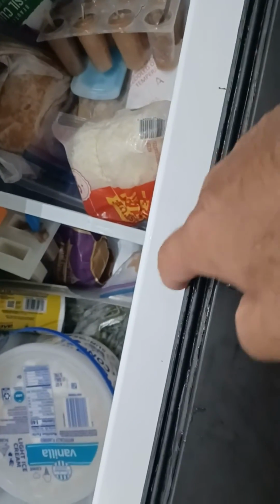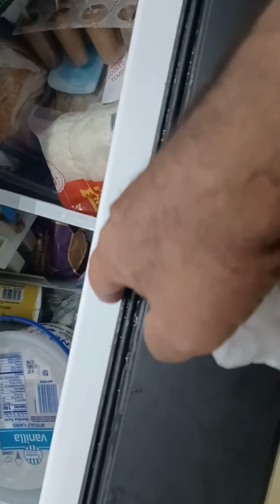Well, French doors have a problem. That is, if you spill a little water like this, you see the water right there? What that's going to do, you better immediately take care of it, as it will get on the seal right here, and then it will expand, and it will stop the seal from